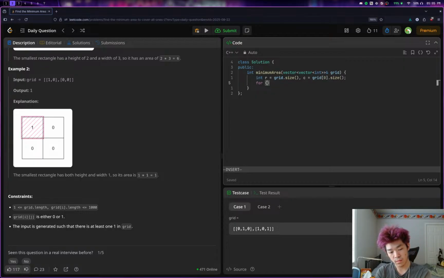I guess we could just do it in a really lazy way. Oh, I can't do it like this. One second. Mins are 0. Max is grid.size. Min columns is 0. And then max is